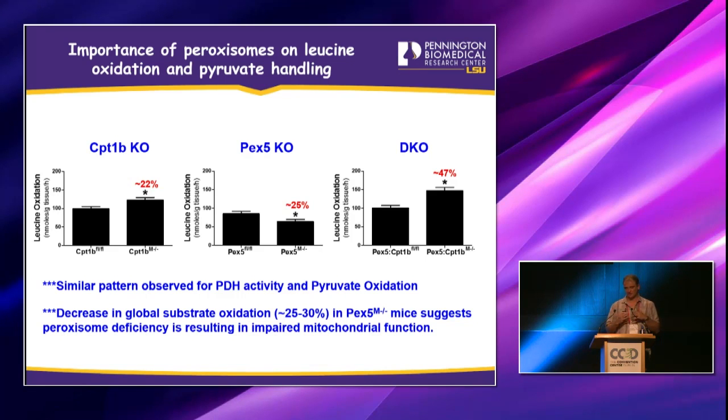We're also seeing decreases of about 25 to 30% in their ability to use carbohydrate and amino acid-derived fuels. So to me, that's really telling me that in the absence of peroxisomes, the mitochondria suffer. They're being overwhelmed with too much lipid substrate, and they're starting to decompensate. And we're developing cohorts in order to test that more directly right now, but there is precedent to think that